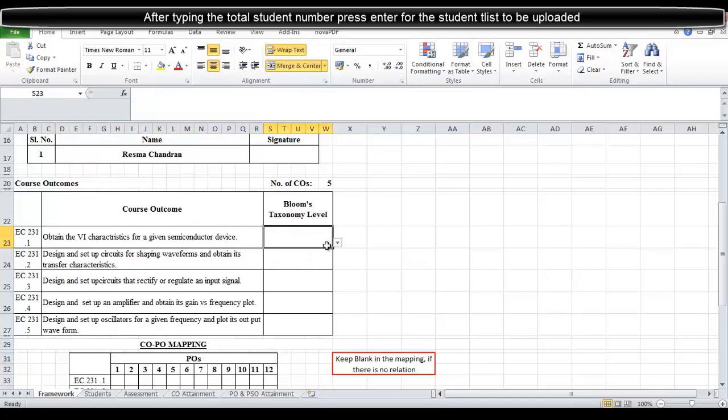Next I select the Bloom's level. Always remember we have to keep the highest level of Bloom's taxonomy that we are going to have in this particular section. It is going to start with knowledge, then comprehension. For these experiments we start with comprehension. Similarly for these, the highest level is application level. This one also is an application level, the highest one. Then for amplifiers, it straight away goes to analysis level,